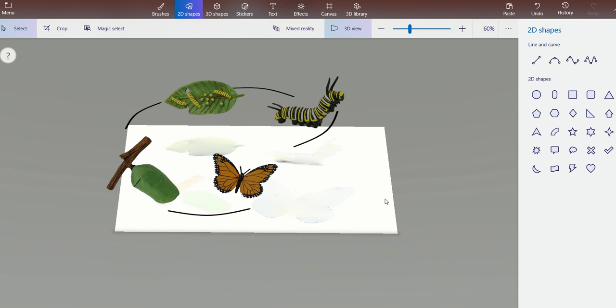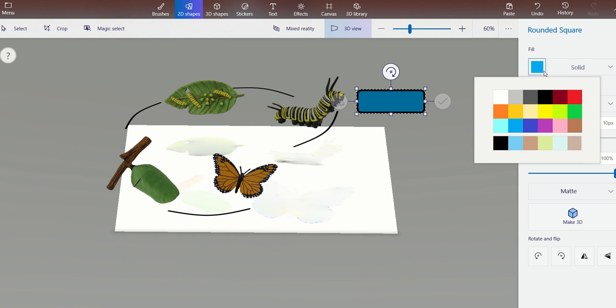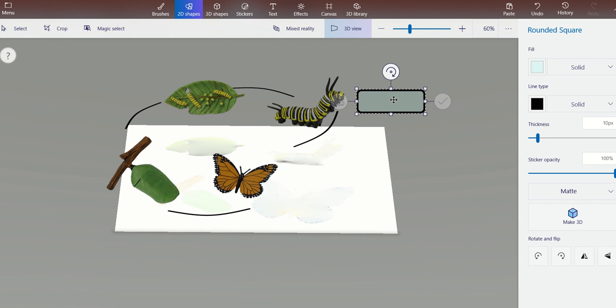And if additionally you want to add labels to it, what you can do is click on this rounded square, and then you can mention the things over here. Whether you need a fill or you don't need a fill, and in case the line type needs to be solid, that is also in your hand. If you need to fill it up, then you can click on the solid option, and then select a specific color over here, people, in which you can type in. Whichever things you want to type in, you can start writing over here with the help of a brush. So you can go ahead and create it.